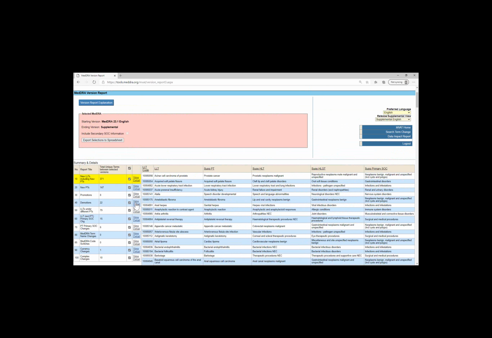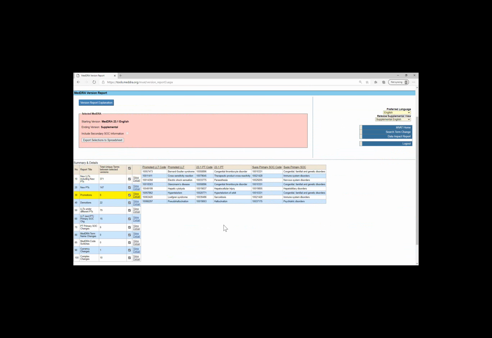And then in the promotions and the demotions and some of the other change reports, what you will actually see looks a little bit different. So I want to show you an example of that. So when you look at a change type report, a term that existed in version 23.1, but something has changed with regard to the hierarchy for that term in the supplemental release or the supplemental view, you'll actually see two sets of information. So you'll see the term that you're interested in, but you'll see where it lives in 23.1